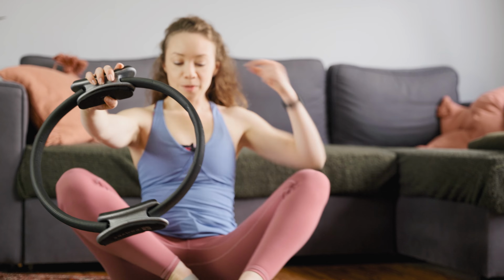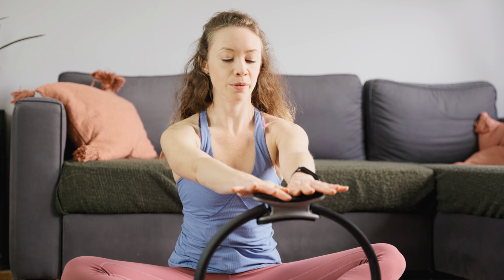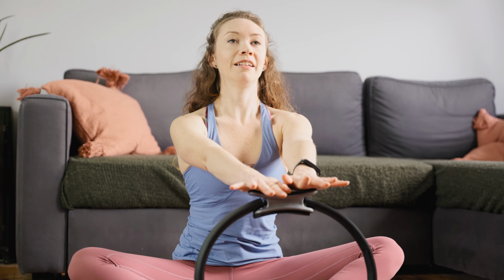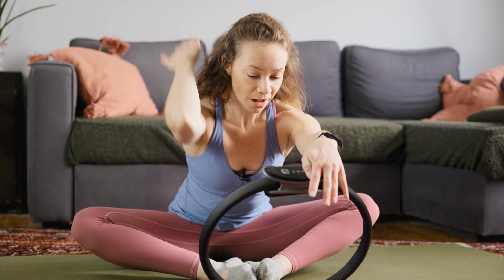So first, let's come into butterfly. Soles of the feet together in the center. This circle can be a nice little prop to help you with stretching today. So take the hands to the handle. Inhale up nice and tall. And then as you exhale, you're going to just hinge at that waist and try to not collapse through the